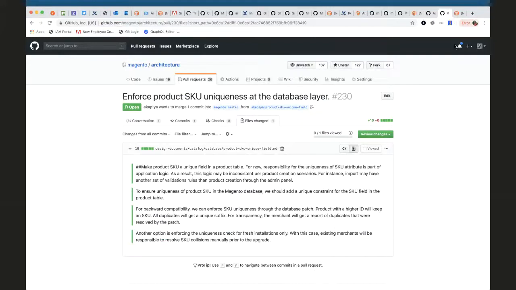optional for such merchants. We have so many extension customizations which currently rely directly on joins to the catalog product entity table, where we have this overlapping right now. So introducing a new table would not fix this issue. I don't propose to introduce a new table. I propose to introduce this as an additional option, so we can deploy this fix as a patch module, which will have only this change in the database schema. In case you enable this module, you will replace your non-unique index with a unique one. For all new merchants, this module will be enabled by default, but existing merchants may make this change